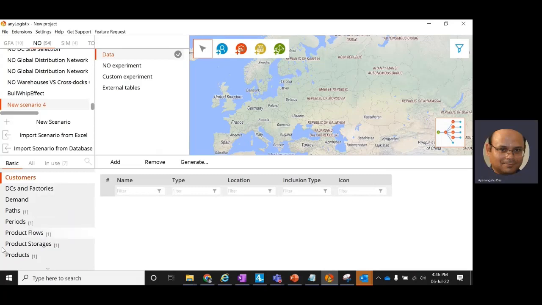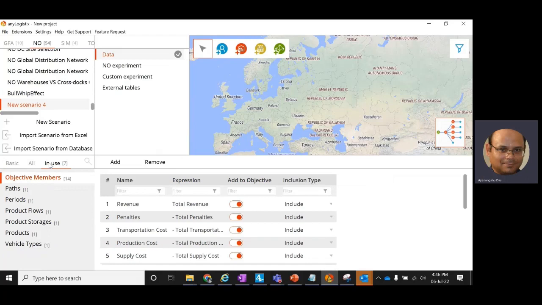In the left-hand bottom corner, we have the tables, which are categorized into basic, all, and in use. Based on the little details with which we have created the scenario, a few tables got filled in by themselves by AnyLogistix,